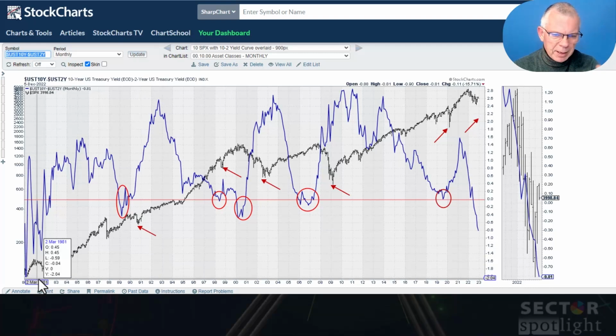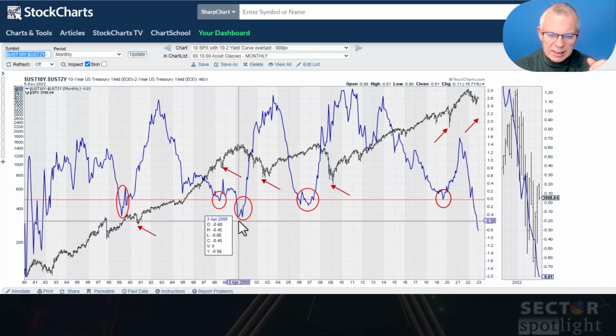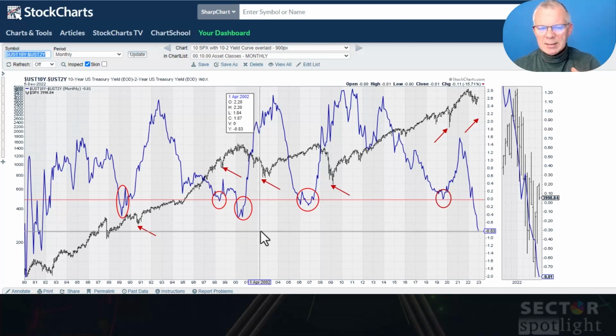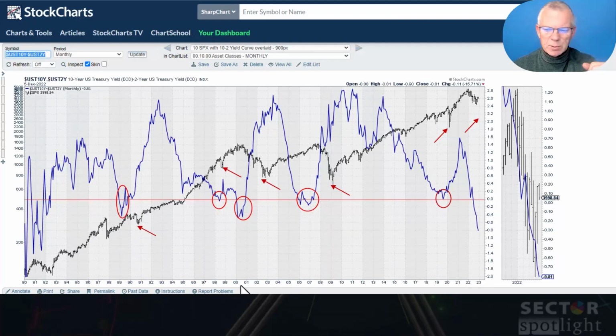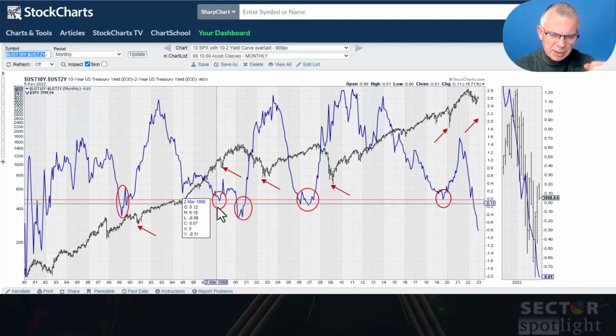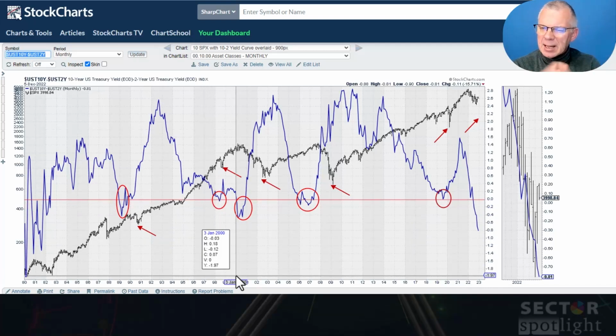So I'm going to try to compare it with the strongest inversions that I can see in history, and that's the one here in the early 80s, and that's the one here in the early 2000s. Less so here, and maybe this one. So this one here was only minor. This one here was only minor. Let me put it like this: it's not the strongest of signs. This is one of the things that is holding me back from becoming super bullish on the S&P 500. We do need to see something happening with this yield curve inversion, I'm afraid.